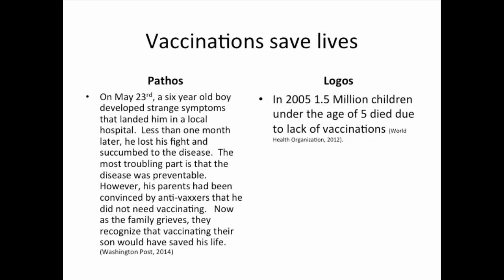So I use examples like this for them to understand when an example can go too far with the emotions, and then we start losing the purpose of it. And the purpose is to understand the human connectedness of this stat, right? So 1.5 million children die, and there is an emotional component to that. But when we hear the story of a kid who dies and the parents grieving the loss of their son, now we feel it. We understand it, now we start feeling it.